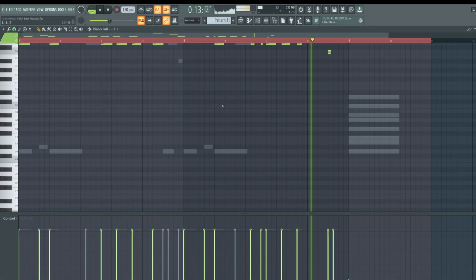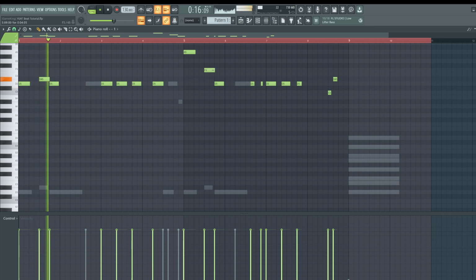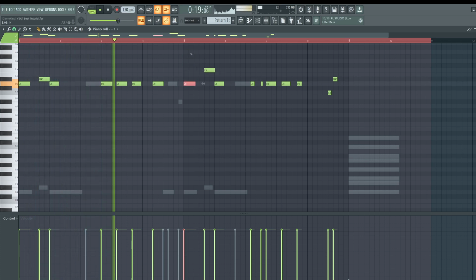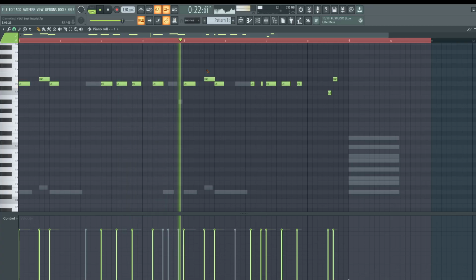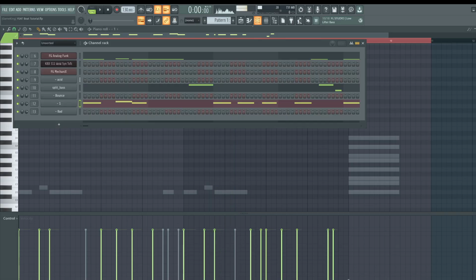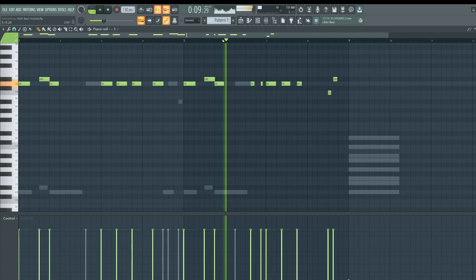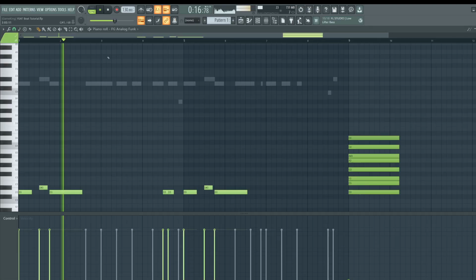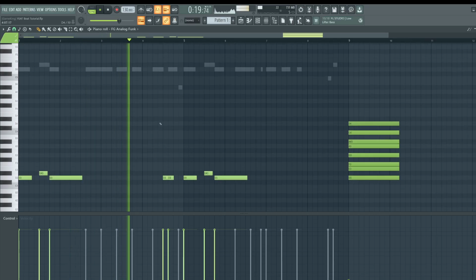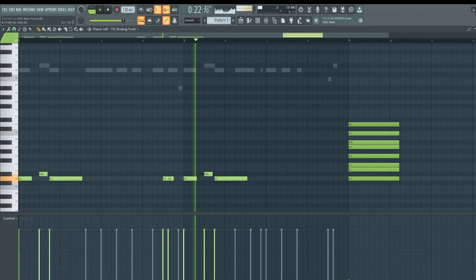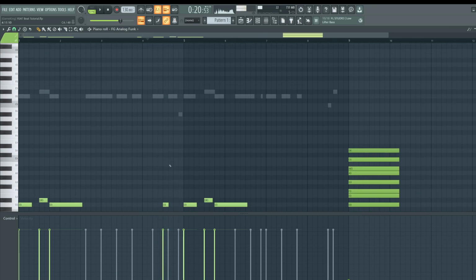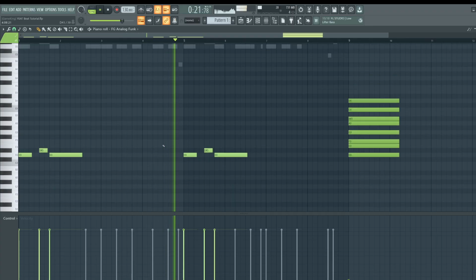Now we just need to make sure these bass sounds line up. The key though is to have the bass play at the same exact time. So here it's a little hard to hear because I'm playing, so it goes like,